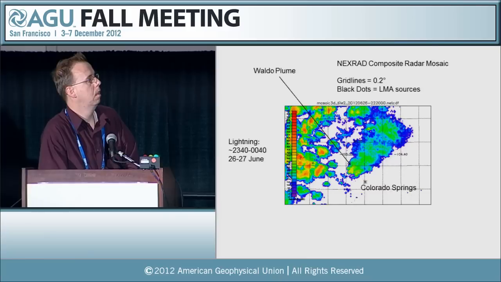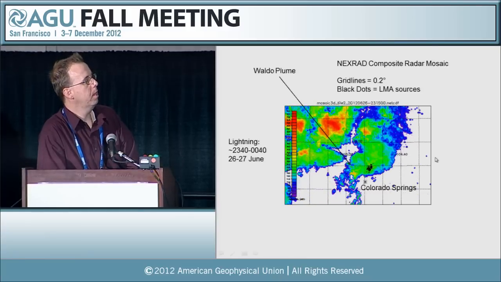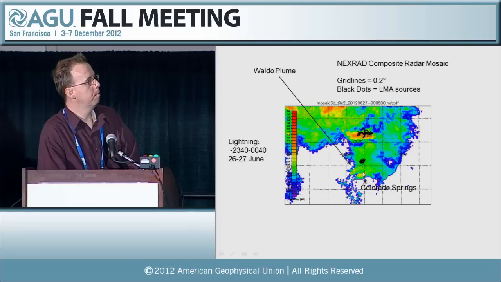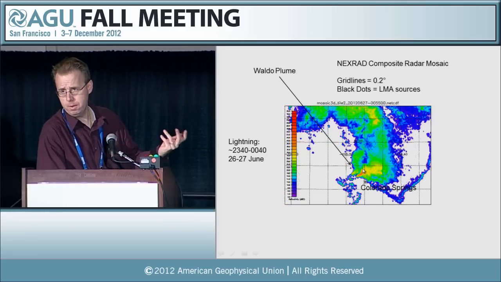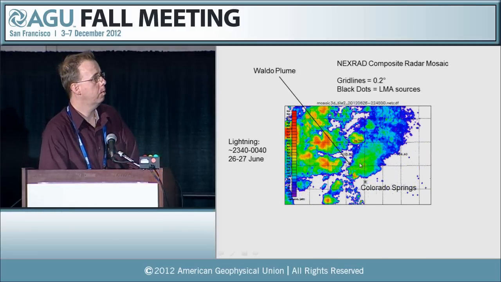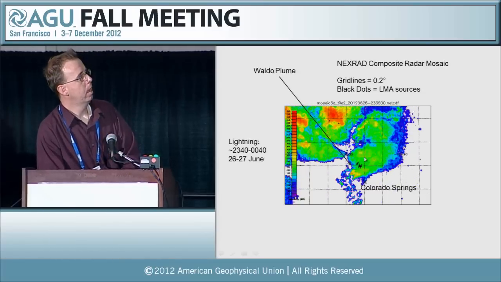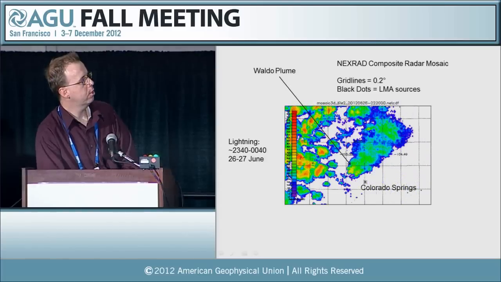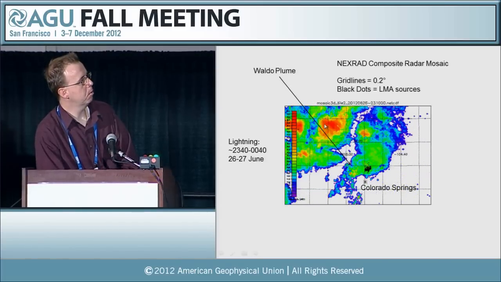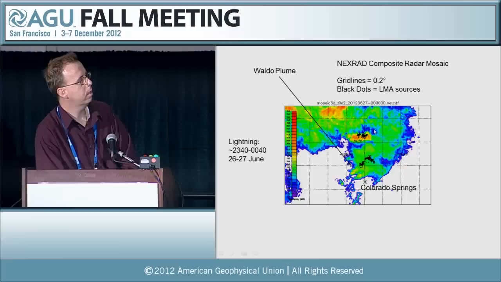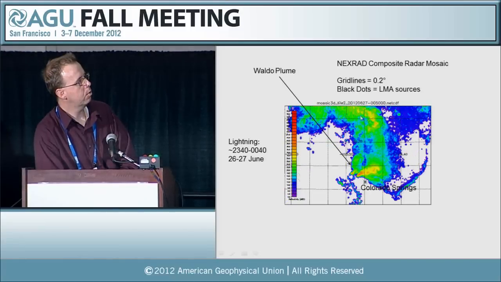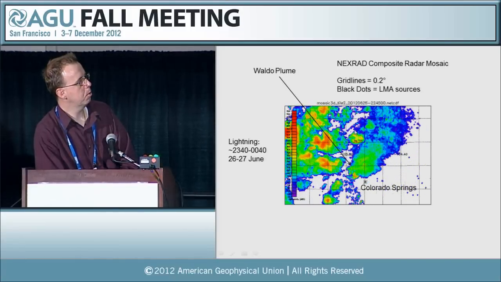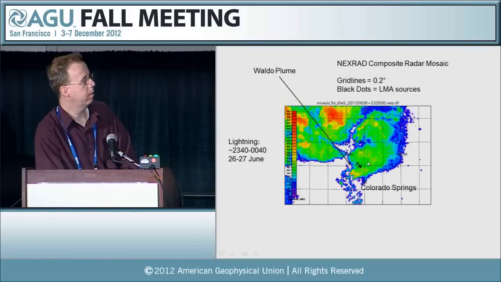Showing the plan view, of course, this is too far away for CHILL to scan, so this is, again, just an XRAD. I'm going to call a few things here to your attention. Of course, there's a lot of just random convection over the mountains here, including this storm, which was electrified. This is a kind of typical looking thunderstorm.